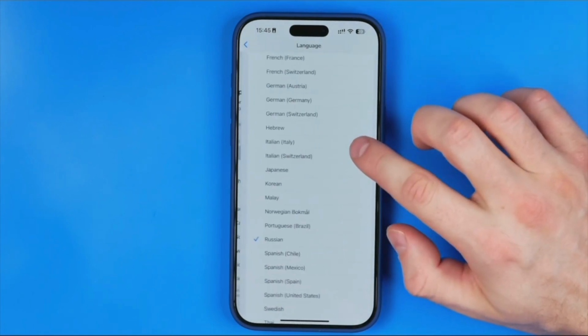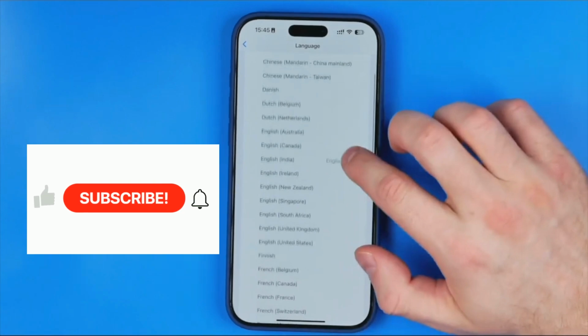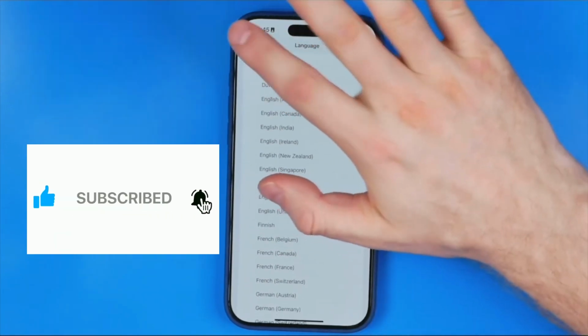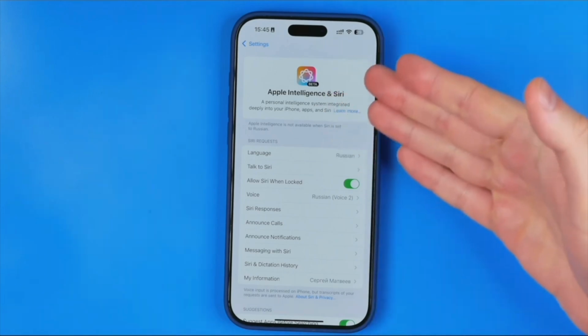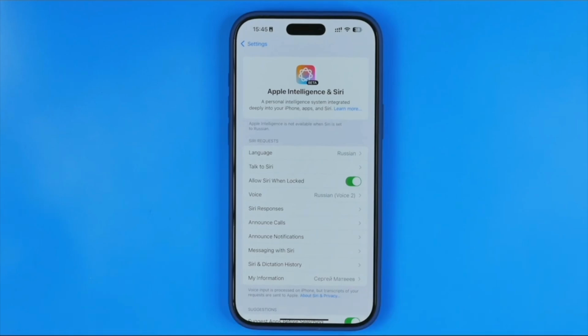So just tap right here and select English, United States. Now I'm going to search for it. Here it is. Just tap on it to activate, and then you for sure will be able to activate Apple Intelligence on your device. However guys, even if Apple Intelligence isn't fully enabled, the cleanup feature should still work